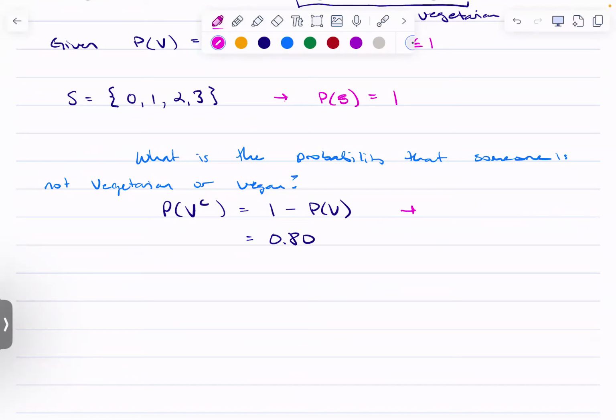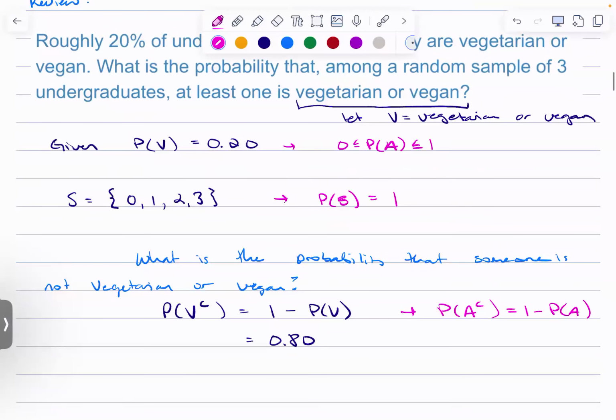On your formula sheet, that's denoted by the probability of the complement of A is 1 minus the probability of A. Complement is just everything in the sample space that's not A generically. That was a little side gig for our review. Okay? But let's